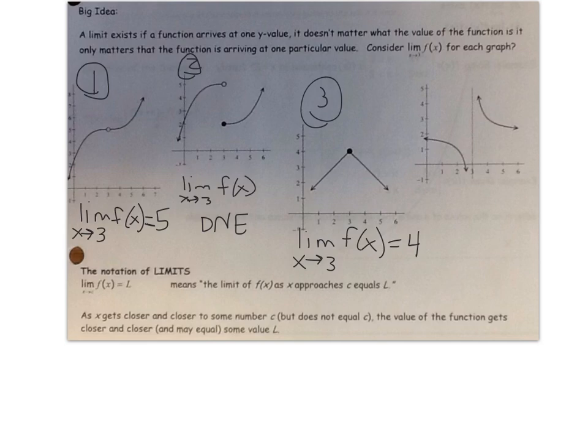You might recall that a sharp corner or cusp on a graph is a place where it does not have a derivative. It's not differentiable there. But for limits, it is fine as long as it's going toward the same number on both sides. Now the fourth graph here